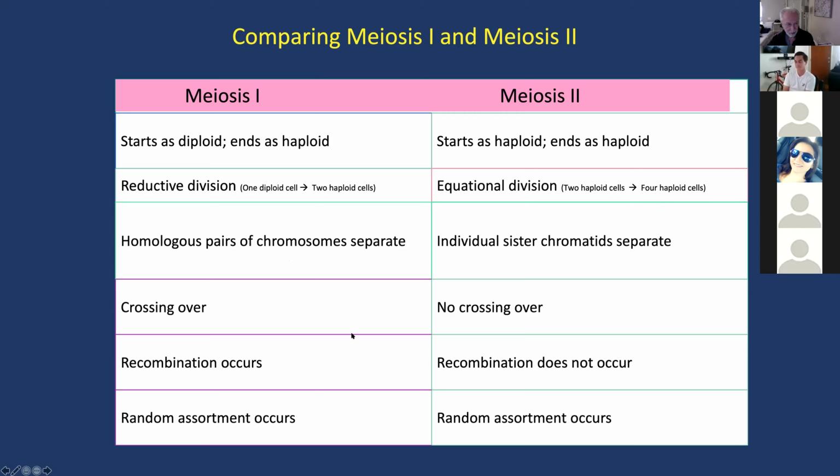It's already occurred in meiosis 1. However, random assortment occurs in both meiosis 1 and meiosis 2, and that's because metaphase occurs in each of these divisions,